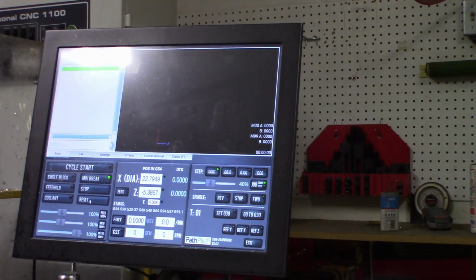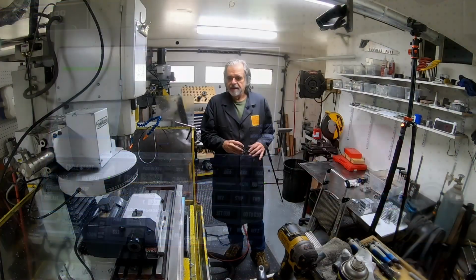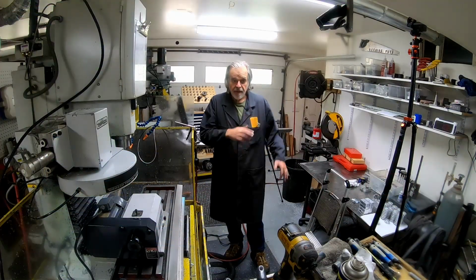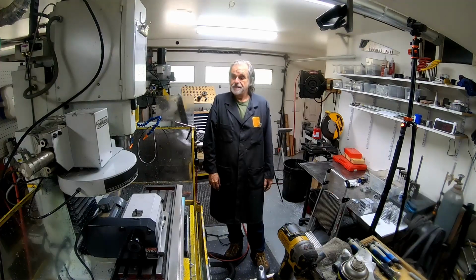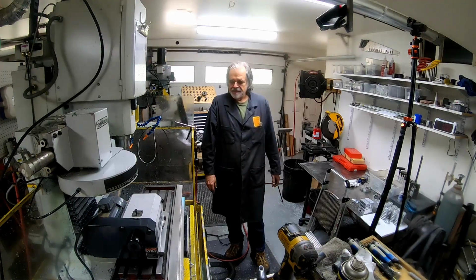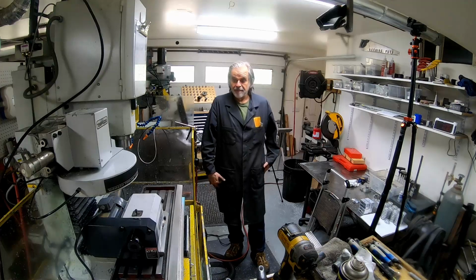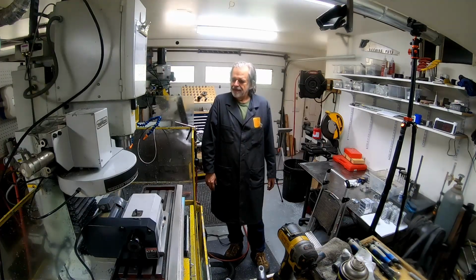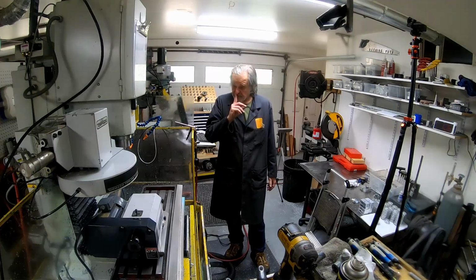And for those that don't know this, CNC lathe coordinates are not the same as CNC mill coordinates. And when I first started using them, I thought, wow, this is weird. Why do they do it that way? And I assume that at one time it made sense to somebody, and it is the standard, and there's really nothing I can do about it other than just learn to live with it. But